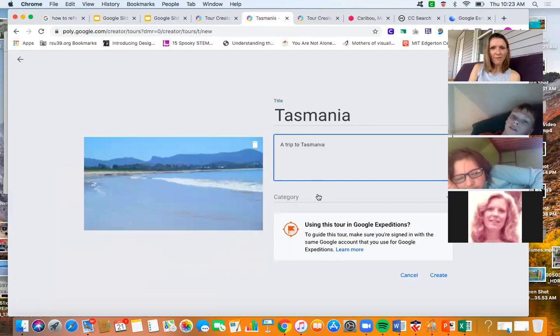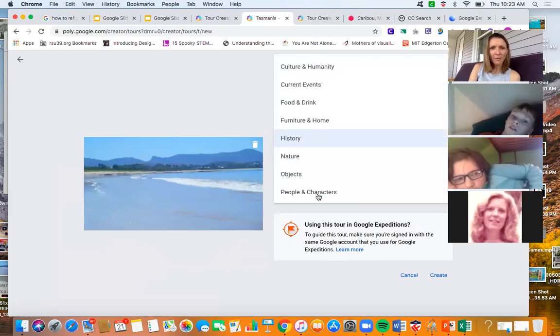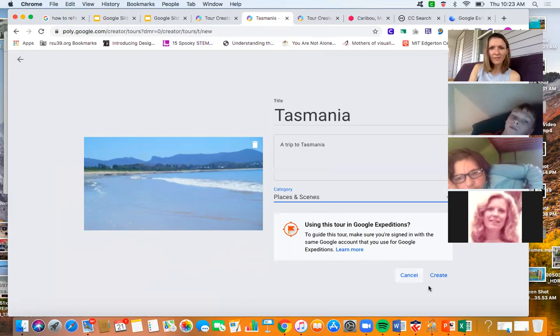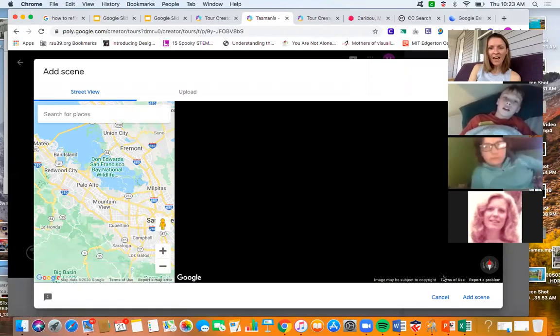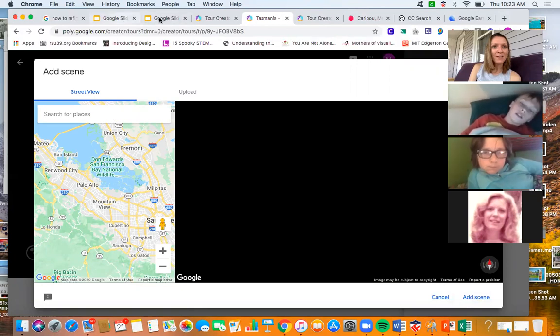So I'm just putting that photo back and then putting places and scenes and then clicking create and hoping it works fine this time. There we go. Okay, so to add a scene. So this is, to me, the fun part. So I'm gonna go to my son's